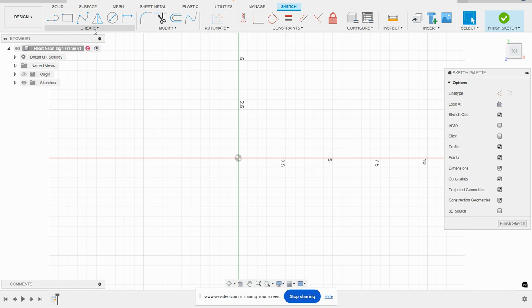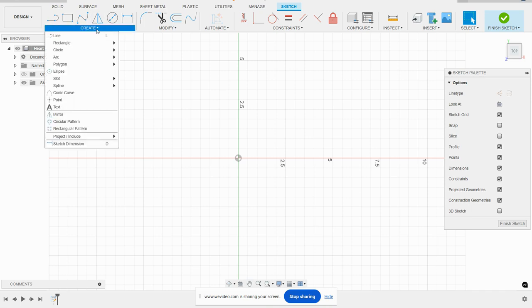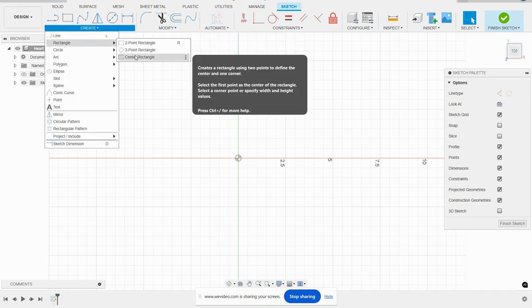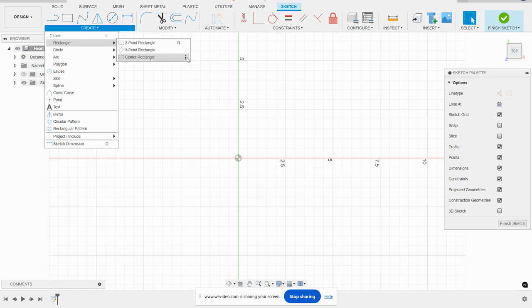For this, I'm going to go up here to create, go into rectangle, and then come here to center rectangle. This is one of my favorite sketch features within Fusion, but you can see you have to dig in there to find it. If you get to the feature that you want and you want to use it regularly, what I recommend you do is come over here to the